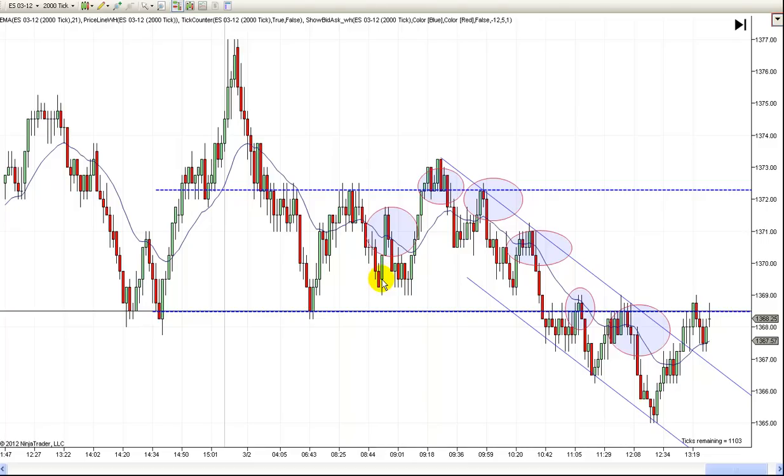And so I was looking for prices, when they came off here, to come back down and test this. You could see they were a little bit stronger, and they didn't quite get there. And then we had this nice leg up. So there was a long right here. If you saw this trade off this double bottom, I didn't mark it